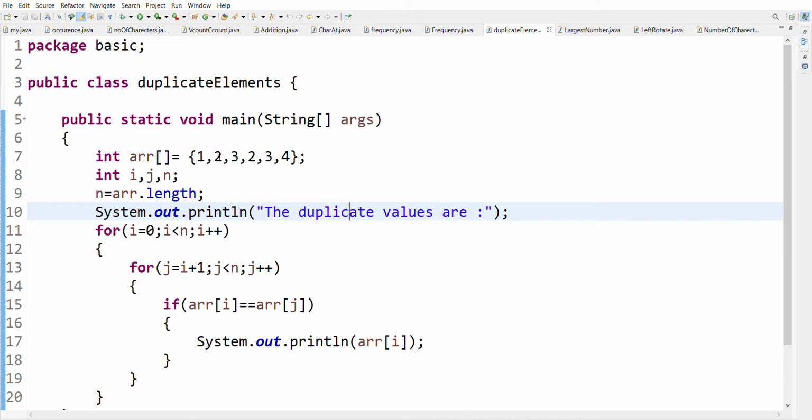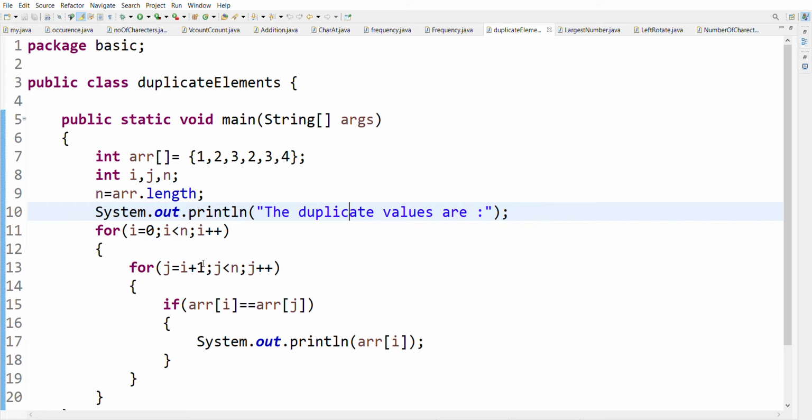Then i is equal to 1. In that place the iteration starts from index 1, where we have the value 2. When i is equal to 1, then j is equal to i plus 1, which means 2.